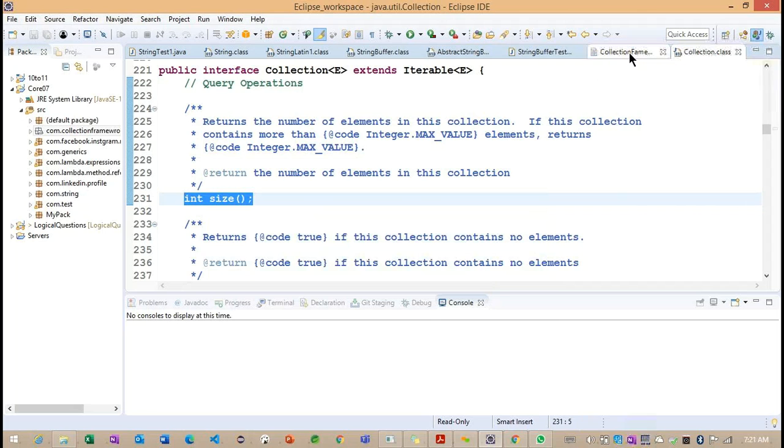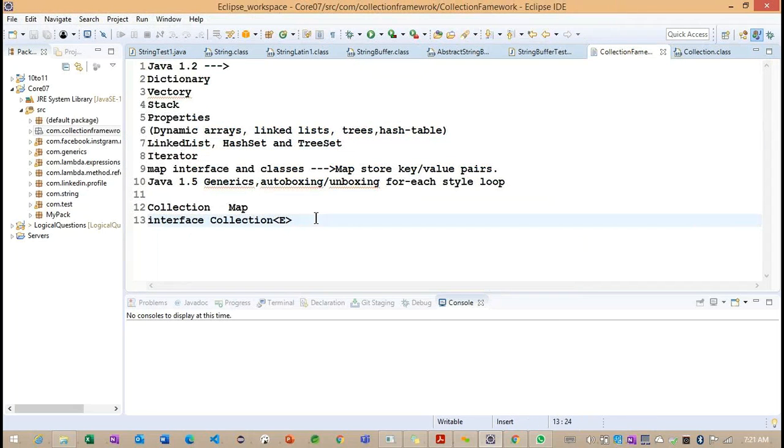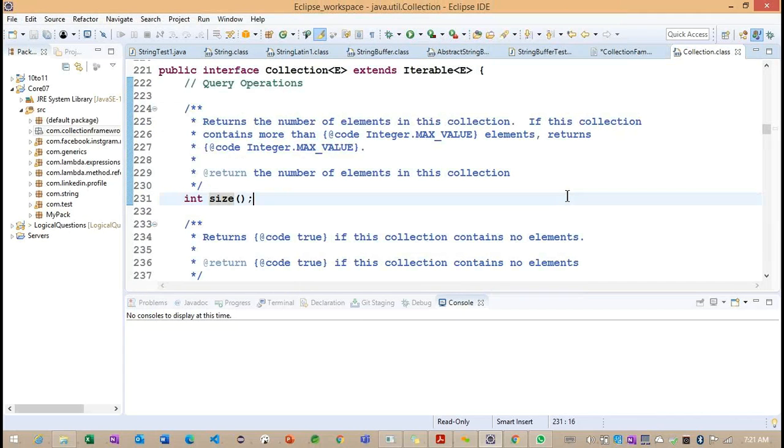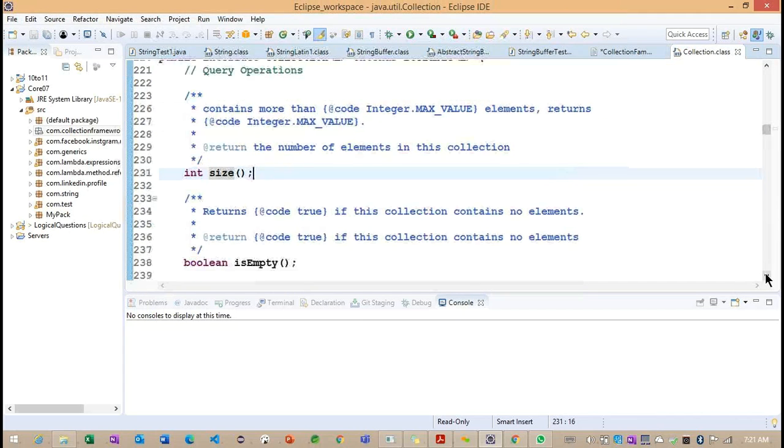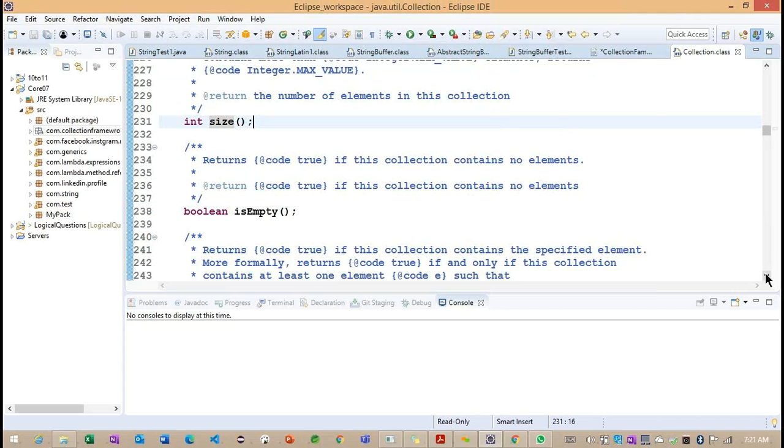So this is very important here. Getting the point? So the size method returns an int, and later another method we have is isEmpty. Now you can see the size method is returning an int data type, and the isEmpty method returns a boolean. Getting the point? So we have unique behavior for each method.